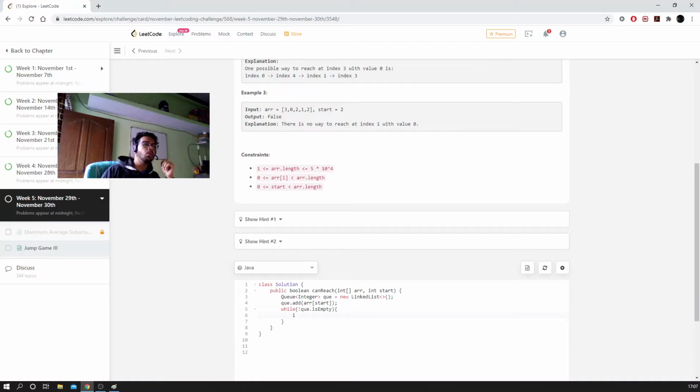So now, to calculate the left or the right child, I need to know the index of this. I think it's better if I store the index and not the value. Okay, so now my int index is equal to q dot